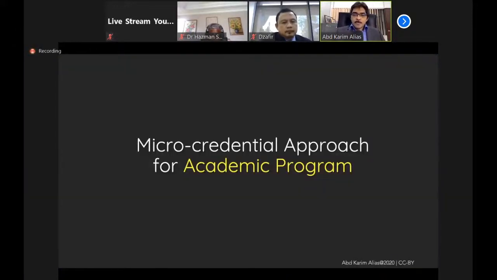So let's look at, in the context of the academic program, how this micro-credential guideline would enable the HEP, the higher education providers, to now be creative and really explore how they can provide and support flexible education through this micro-credential.